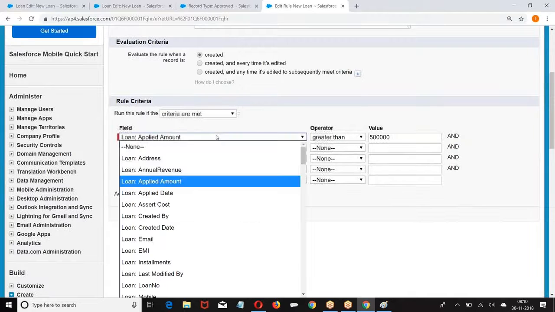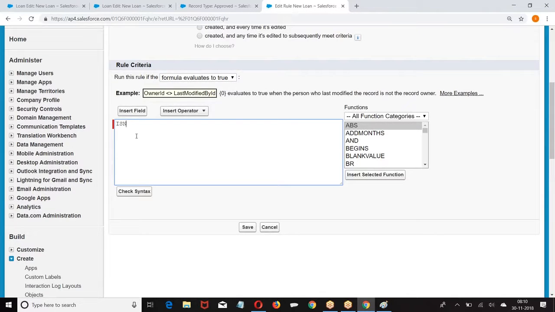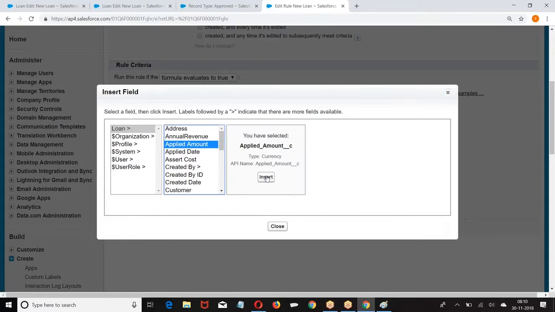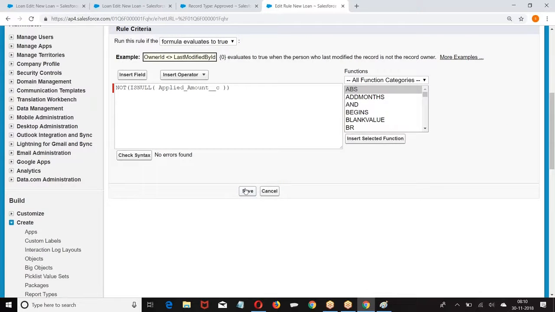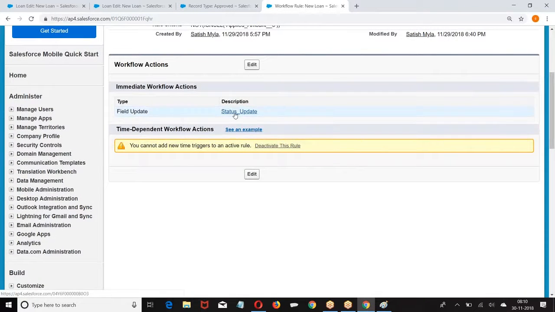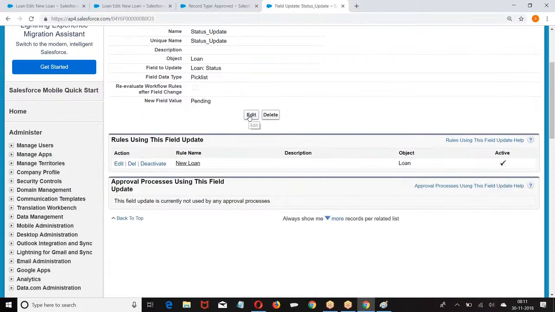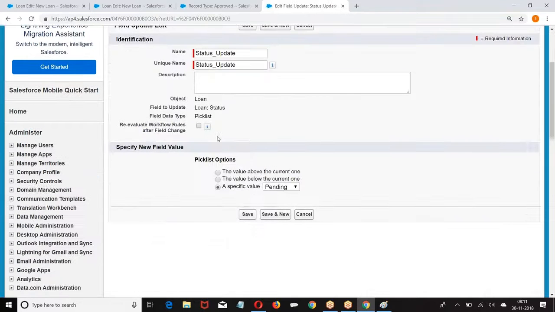I told if formula based: not of is null of applied amount. If applied amount is not equal to null, then perform the action. What is the action you want to perform? Field update. I told field update: set status equal to pending.